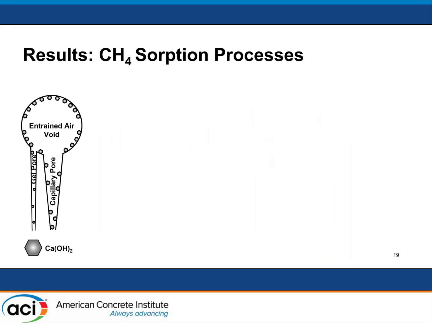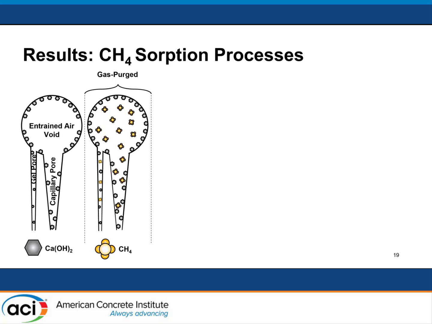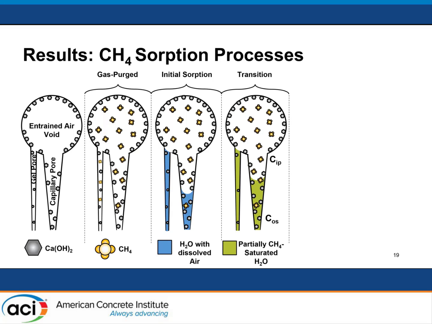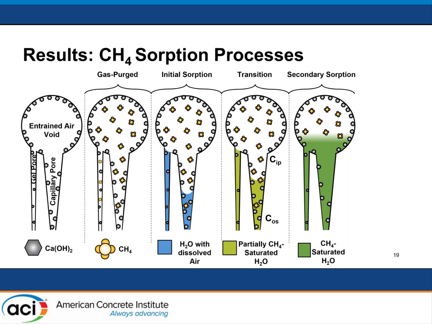Whereas in the methane sample, similar, but when you purge the system with methane, methane doesn't react with the calcium hydroxide to form calcium carbonate, unlike CO2. So what happened here was a more natural transition where it went from being a sorption process to a diffusion controlled process in the secondary sorption and the function of dissolving into water. However, the solubility limit is much lower, and so it was just a slower process relative to the CO2